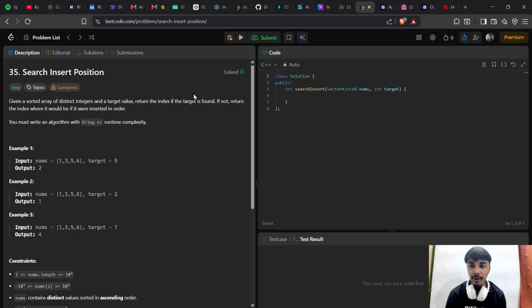Today we are solving LeetCode problem 35, search insert position. The problem is a great introduction to binary search, one of the most important algorithms in coding interviews. Let's get started. So what the problem says is, given a sorted array of distinct integers and a target value,